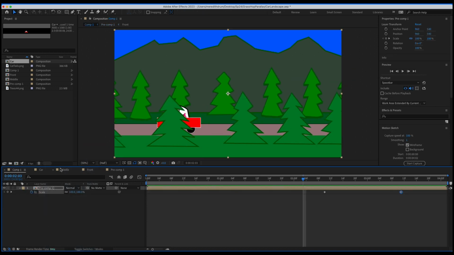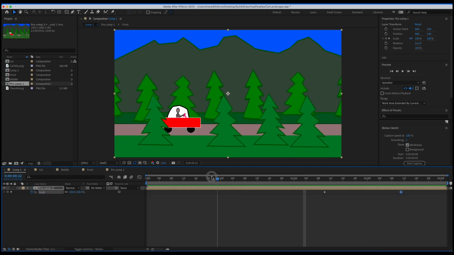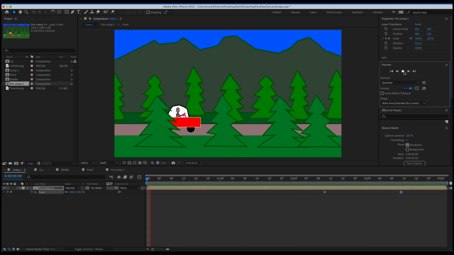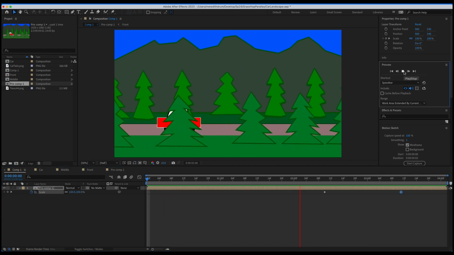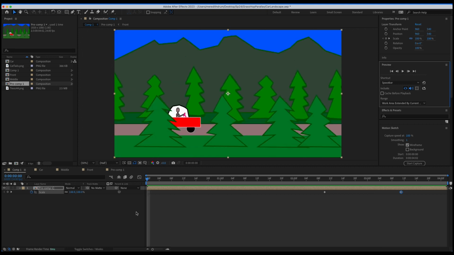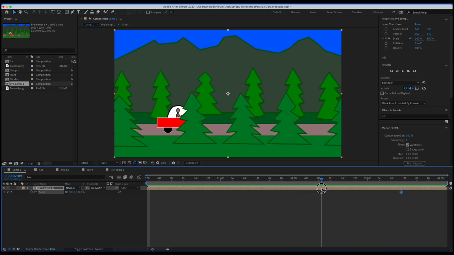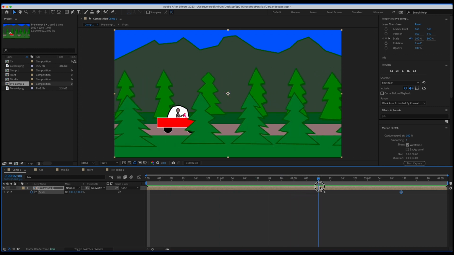So I have my fifth composition here, and I just added the pre-comp to it. Okay, so I just dragged this down here, but I don't need to. Again, then I have my scale, which I did here. So I have the scale at normal, which is 100 by 100. And then at some point I decided I wanted it to look like the camera was moving in.